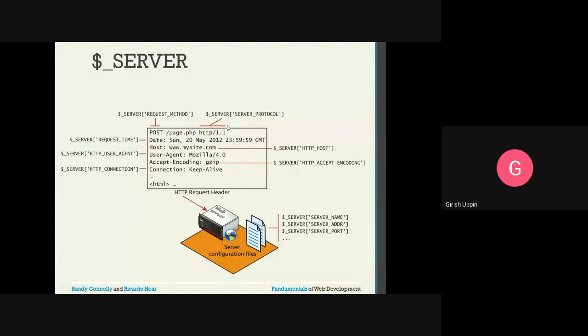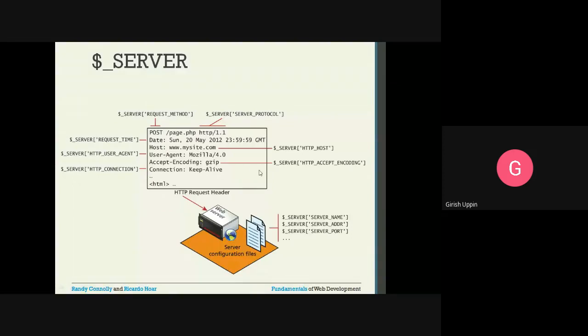Then server protocol, this is the server protocol. Then request time, what time the request was sent, that is stored under request time. Then HTTP user agent, what is the HTTP user agent we have here? In this case it's Mozilla. Then HTTP host, the complete host name will be given, in this case www.mysite.com.